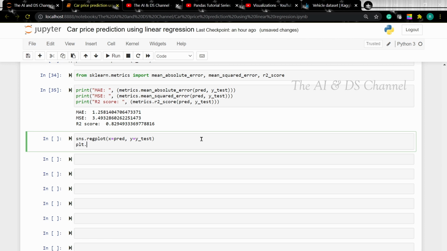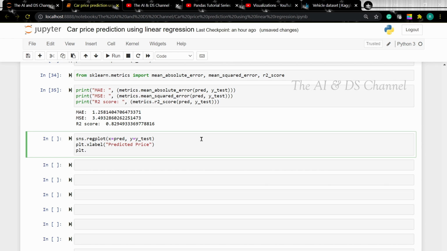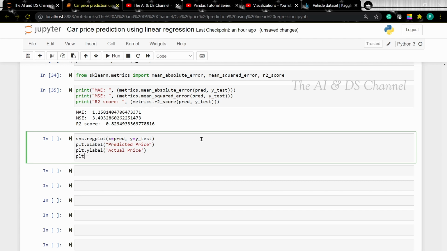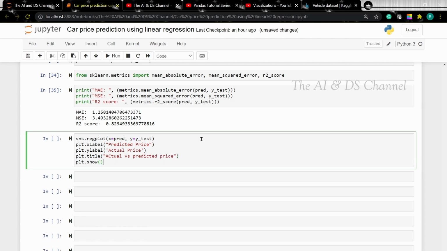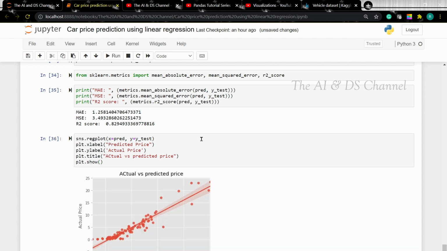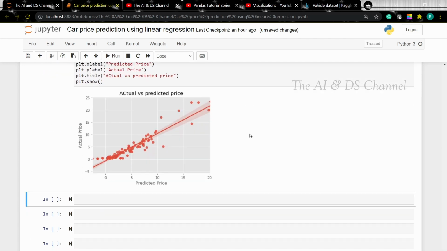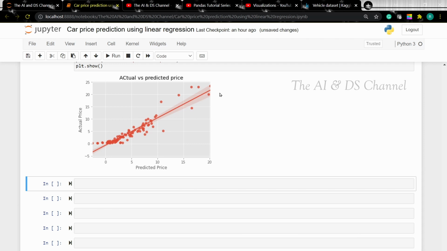We can set an X label, predicted price, and Y label, actual price, and we can give the title as actual versus predicted price, and plot dot show. So we have a graph of the actual versus predicted price.